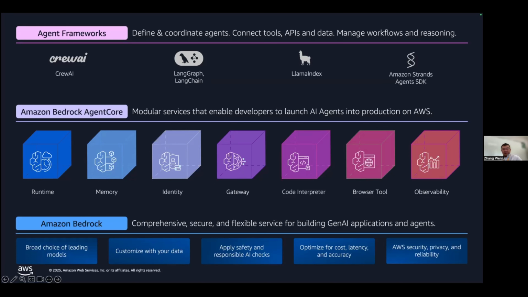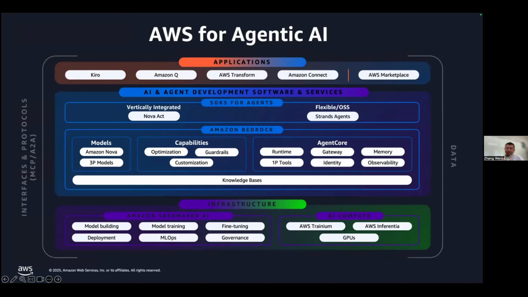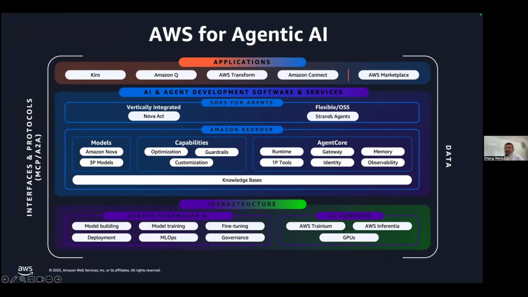And in the big picture, let's break down the technology stack for building a data agent using AWS services. We just used this one. So here, as you can see, the Strands Agent SDK. We also use AgentCore of Bedrock.